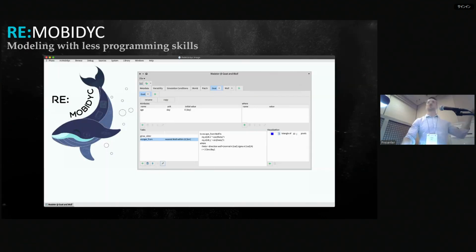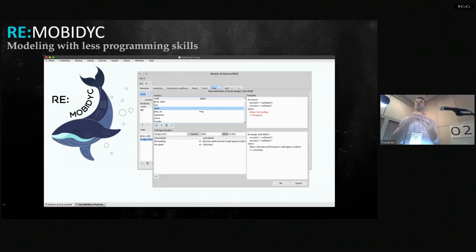Now, how does it look? That's how it looks. For this type of model, when you're simulating an agent, it's defined by attributes, characteristics, and tasks. What is it doing? And the tasks, you actually pull them from a library, meaning you don't need to start from scratch,